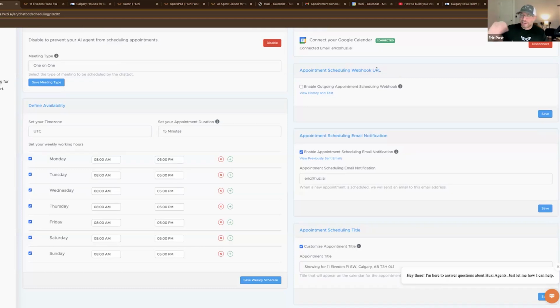I don't know about you guys, but the calendar gets booked sometimes and I don't see it, but I'm in my emails often. So I like to make sure you click this button right here, enter your email address, and you'll get that email that notifies you anytime anything is scheduled.